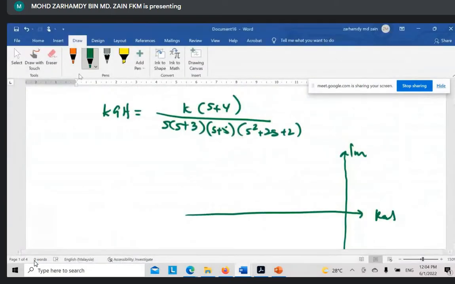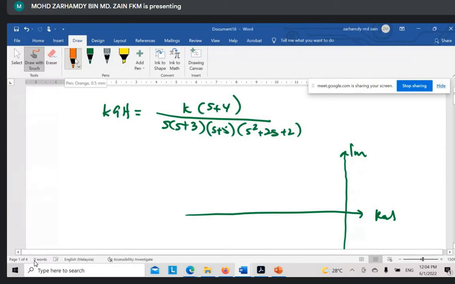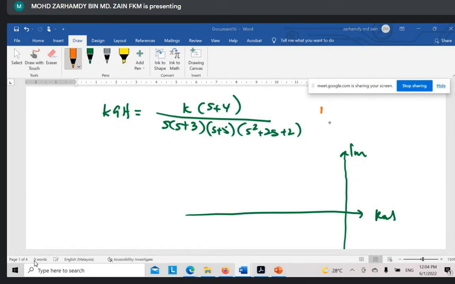Okay, so now from here, the first step is to come up with the zeros and poles. So in this case, our zero is -4, right? We have here our zero is -4, and then our poles here,